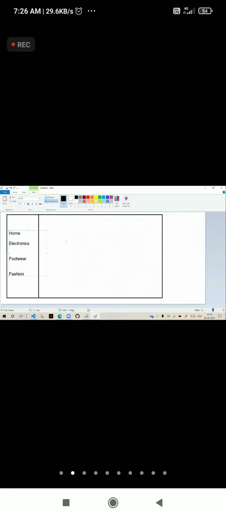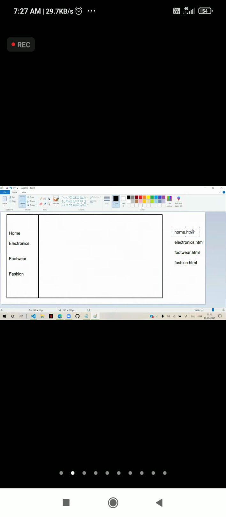And actually, for them, separate pages are present. We have home.html, electronics.html, footwear.html, fashion.html, separate pages. Now, when I click on home, I want this page to come into the same page and display.